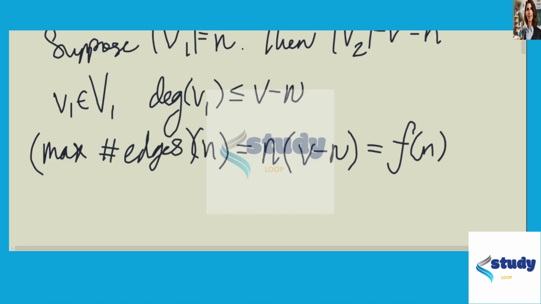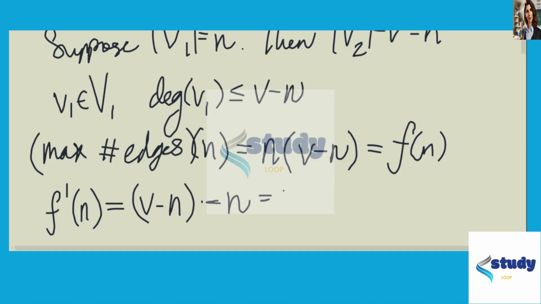and just to simplify this, I'll write this as a function f of n, and we want to find an upper bound on the number of edges, and to do this, we want to find the maximum number of edges and maximize it. So it follows that the derivative of the maximum number of edges, f prime, with respect to n, is going to be V minus n, plus, instead of a plus, this really should be a minus n, which is V minus 2n,